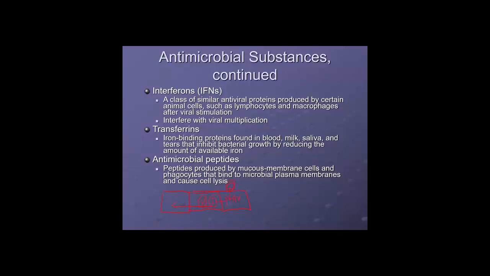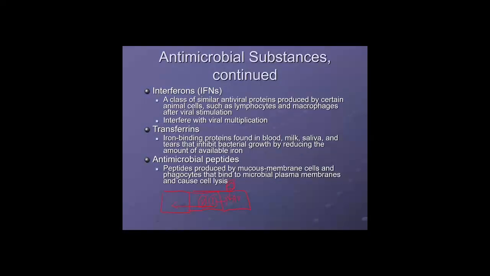Transferrins. Transferrins are part of our body's system that keeps our iron all locked up. Remember, we talked about metabolism, and iron's a key micronutrient. It's involved in many biological pathways for both humans and bacteria and fungi. They need iron. So to try to make the human body a less hospitable place to them, we keep all our iron locked up. It's kept in hemoglobin in the blood. It's kept in ferritin in the liver and in